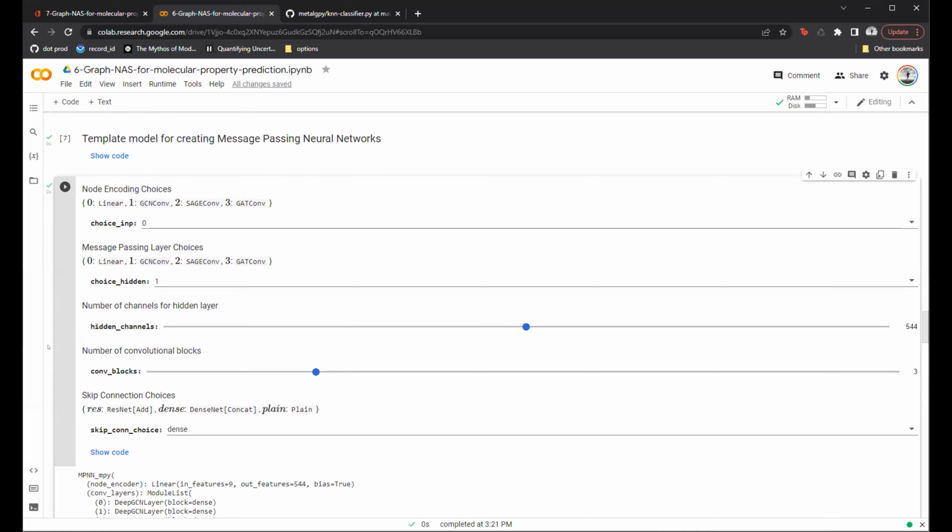ONNX is used after you train the model. It's basically just how you save the model. Once you save the model, it's a cross format and you can port it across different platforms, different frameworks. So ONNX assumes that you already have the model, right? This is about generating that model. Great, thank you.